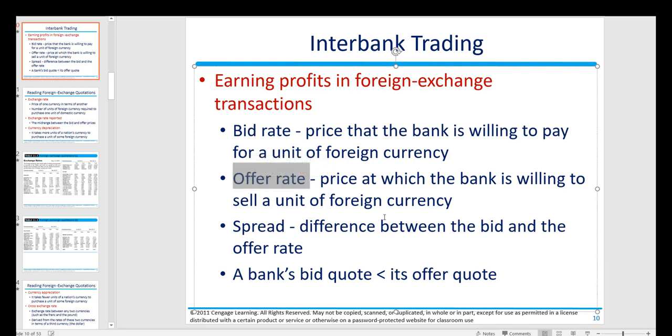So obviously the offer rate is going to be greater than the bid rate, and the difference is what we call the spread, which is a proxy for the profit margin that the bank is benefiting. Now you should be aware that in addition to this spread, you typically also have transaction fees that add costs to the exchange of one currency to another. And every bank has their own policies, so you should pay attention to those details when engaging in the exchange of foreign currencies.